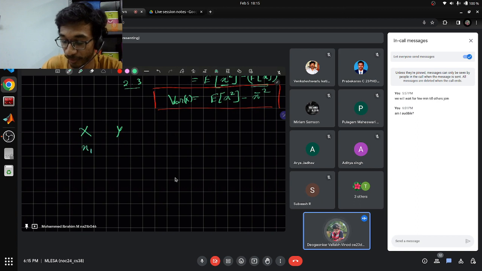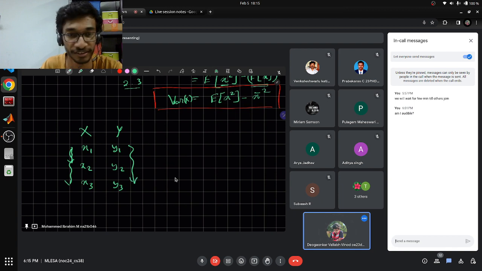You have some data points x1, x2, x3, and the corresponding data points are y1, y2, y3. Now you want to check, as I change x, what happens to y. If that quantity is of interest to you, then you will use something called covariance, which is just defined as